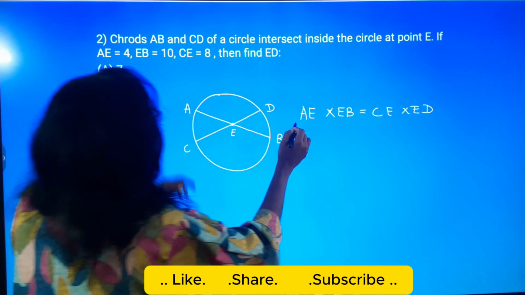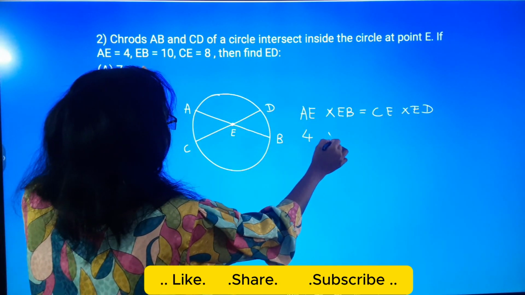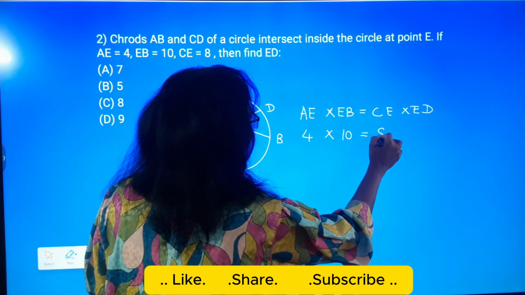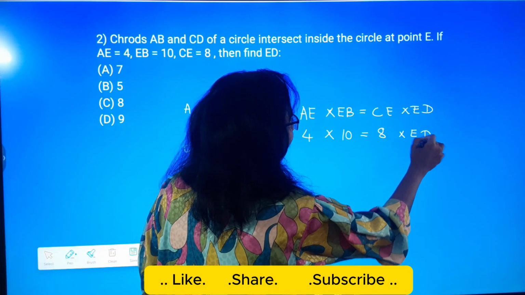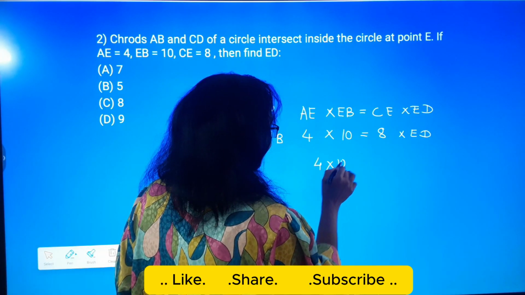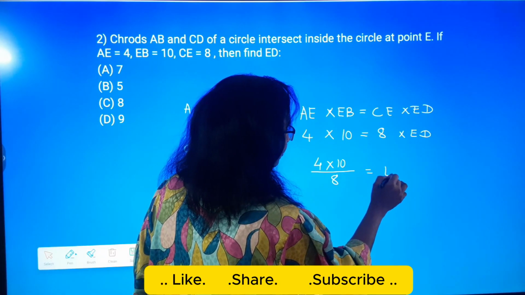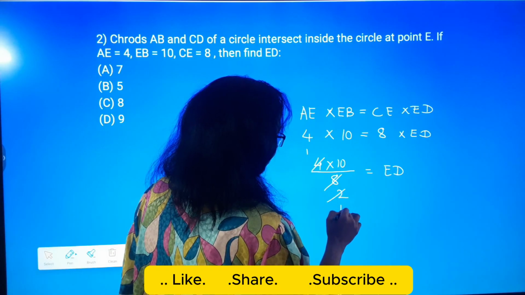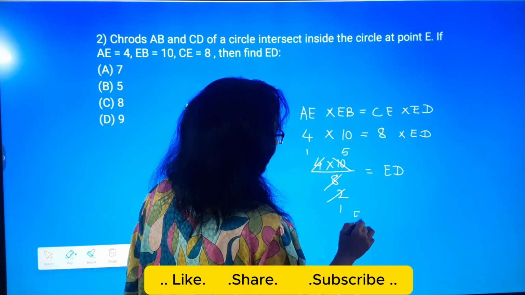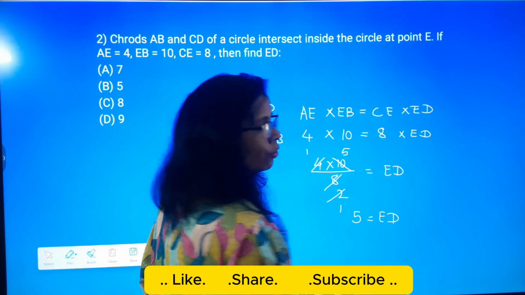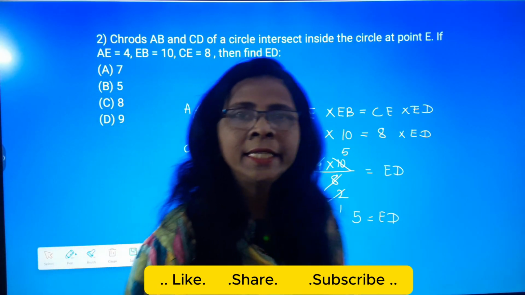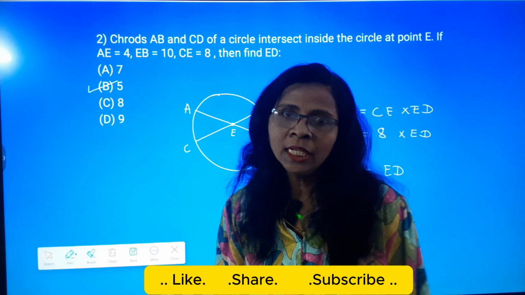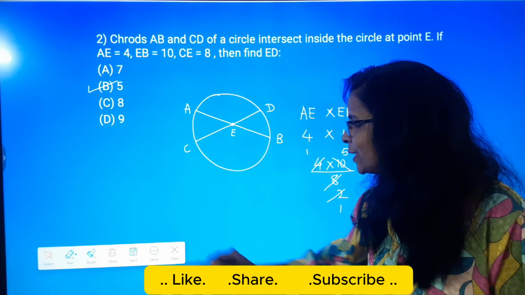Now substitution: AE is equal to 4, EB is 10, CE is 8, and we calculate ED. So 4 multiply 10 divided by 8 is equal to ED. 4 twos are 8, 2 fives are 10. So 5 is equal to ED. So ED is equal to 5, and the correct option is B, 5. Then next one, students,